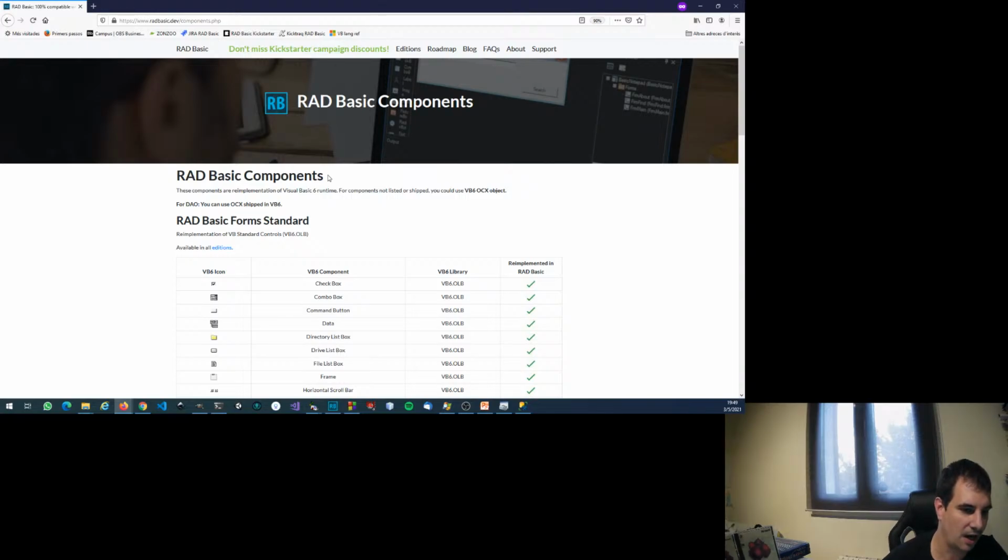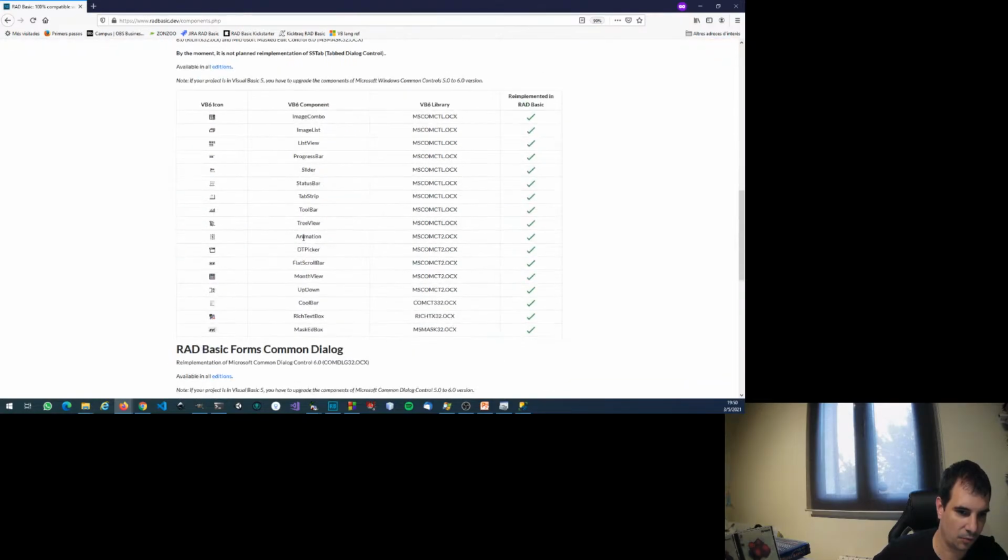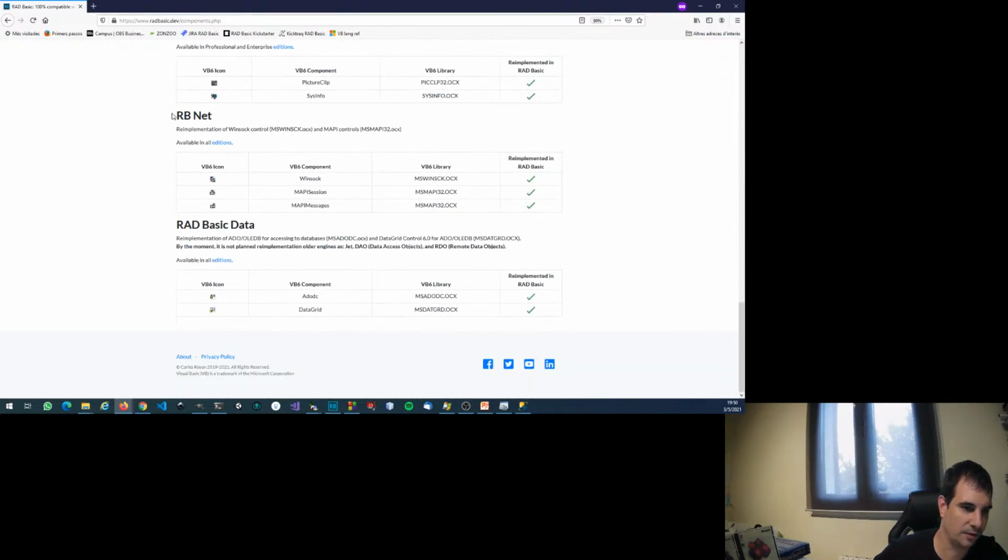These components are rewritten components, so there is full support of them, and one of the components is RBNet, a reimplementation of WinSock and MAPI for emails. So this reimplementation will be working with current technology, HTTPS, TLS, etc.